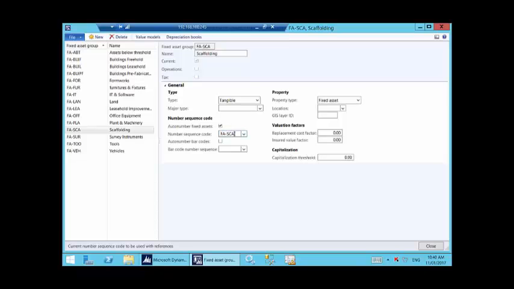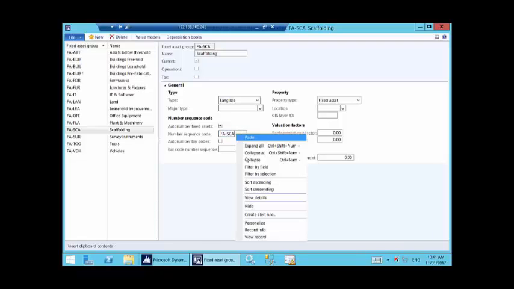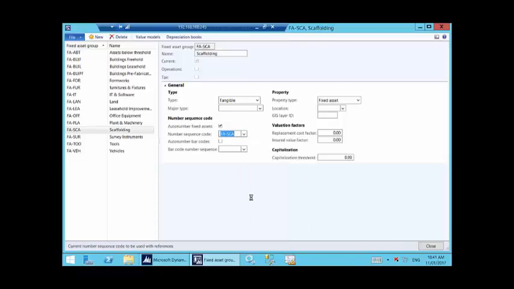The fixed asset is also related to a number sequence code. What is the number sequence code? This is how the fixed asset coding structure will be in the system. For every fixed asset group we can assign a number sequence code. This is the coding structure. How do we create the coding structure for the asset? From here, view details,